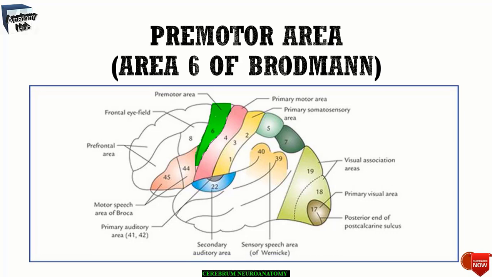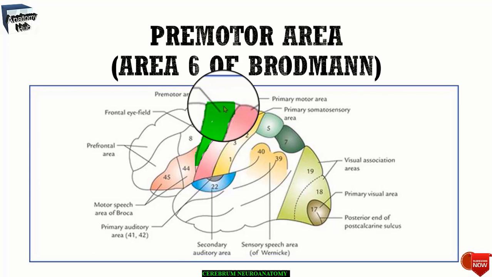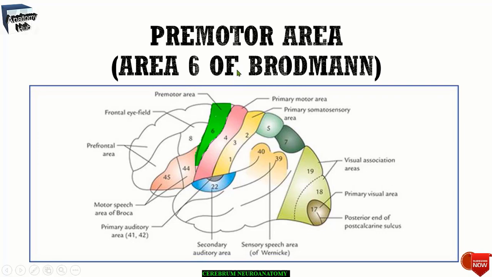The premotor area is wider above, as you can see here, than below, and it lacks the giant pyramidal cells of Betz, which you will find absent over here. It is the main site for the cortical origin of extrapyramidal fibers, that is, the corticobulbar, cortico-olivary, and corticonigral fibers. This premotor area is responsible for the successful performance of voluntary motor activities.